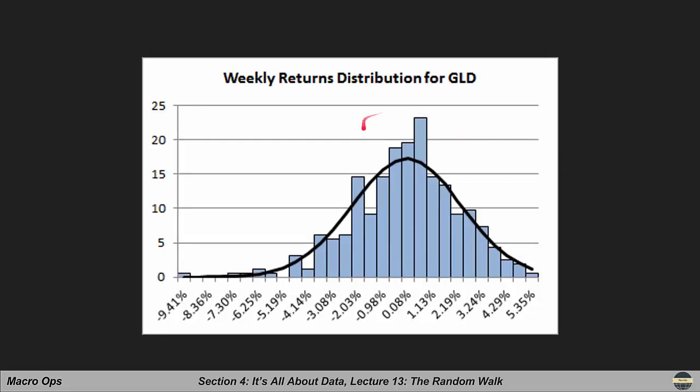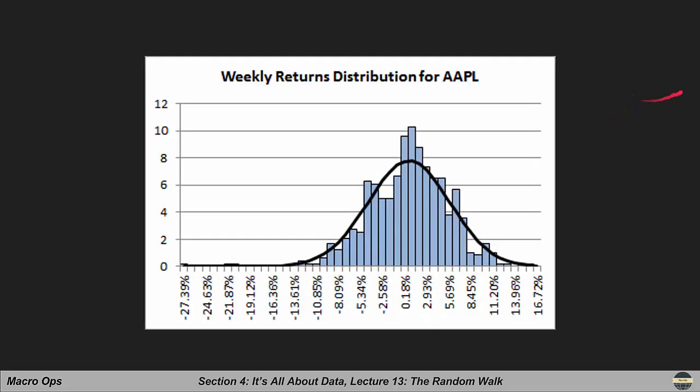Gold, similar thing. We have the occurrences of small returns happening much more often than what the normal distribution would imply. And then we also see some fat tail occurrences out here. And then finally, Apple, which has that same sort of look and feel to it. Now, more occurrences out here. On the upside, we don't really have a fat tail. We haven't seen one in this particular look back period. But you can see on the downside that there's some occurrences here that are pretty large that the normal distribution